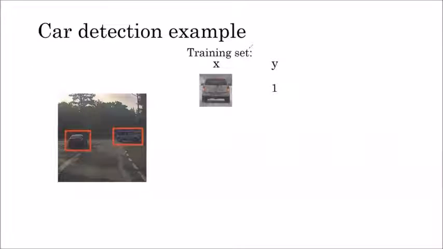We are discussing object detection. We are taking an example of car detection. Here, for the training sample, we are giving X as a car image, and if the car is there in the image, then we are labeling that image as Y equal to 1. Remember, when we are giving the training sample, the entire image should be occupied by the car.